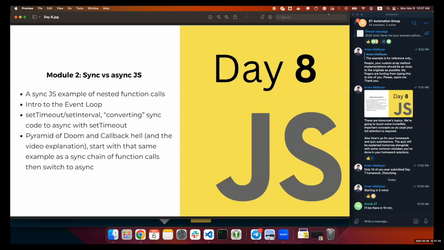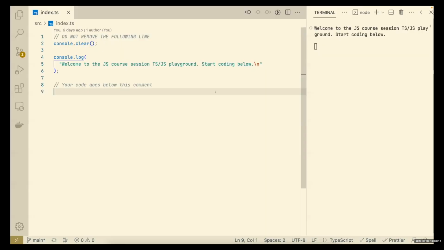So what I was saying, we're not going to take a look at the string to uppercase and to lowercase methods, because whoever submitted your solutions, the solutions were more or less correct. However, I would like to mention a couple of things in your solution. Some patterns that I saw that most of you were doing in your homeworks, and I would like to address them. So the first pattern was